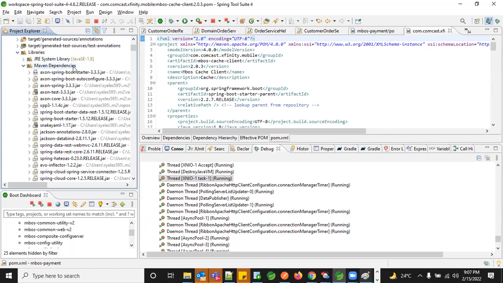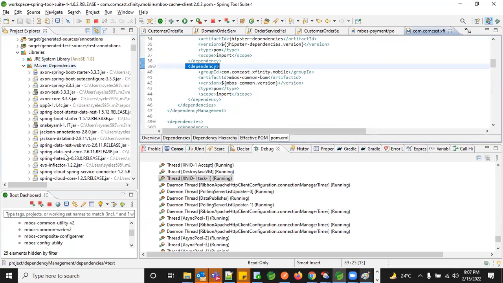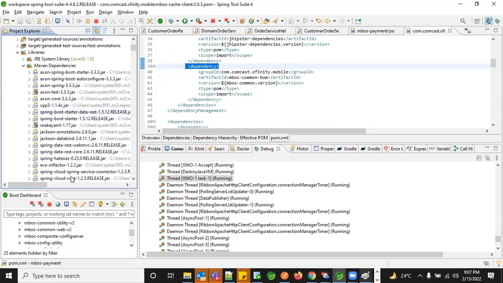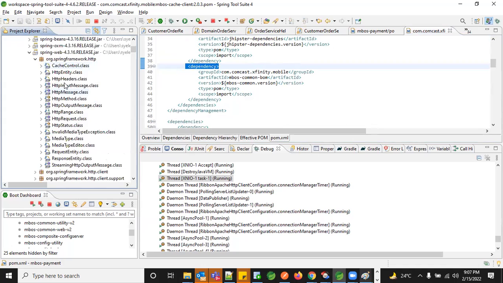Now we are going to add our Maven dependency. Whatever you add as part of your dependency tag, everything will be downloaded and available in your local system. You can see all these jars are available. Just as you had your runtime jars or util package, in the same way we have all these jars, and all these are nothing but your dot class files.